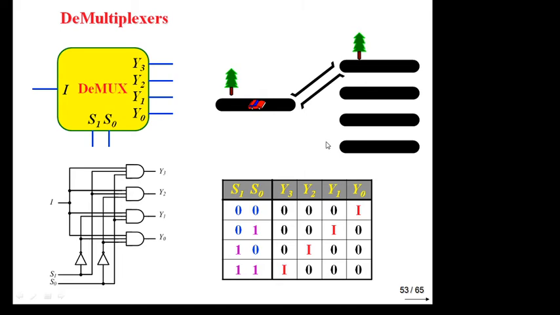It is just like your decoder. There is no difference between a demultiplexer and a decoder. We just change these values. These two are replaced here, and this is replaced here. If we interchange input and select lines, it becomes a decoder. In the case of a decoder, the value of I, when it comes here, we call the enable line E. And S1 S0, when they go to input, these are called inputs I1 I0.